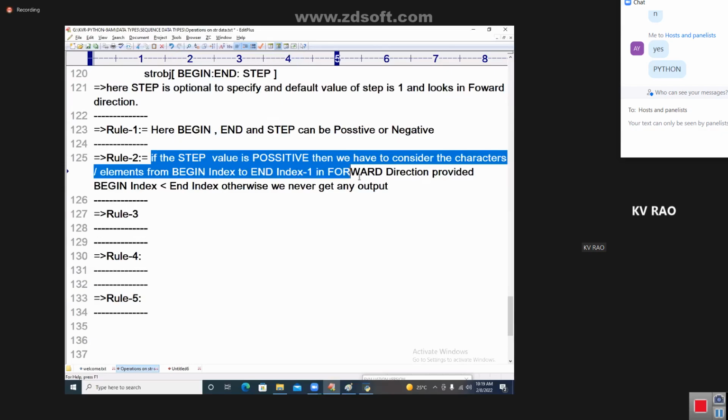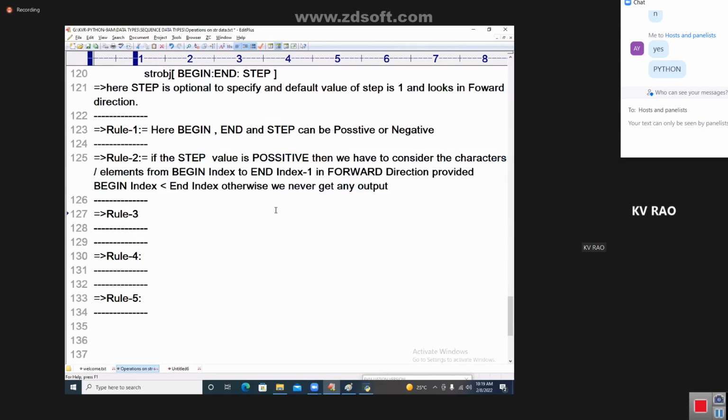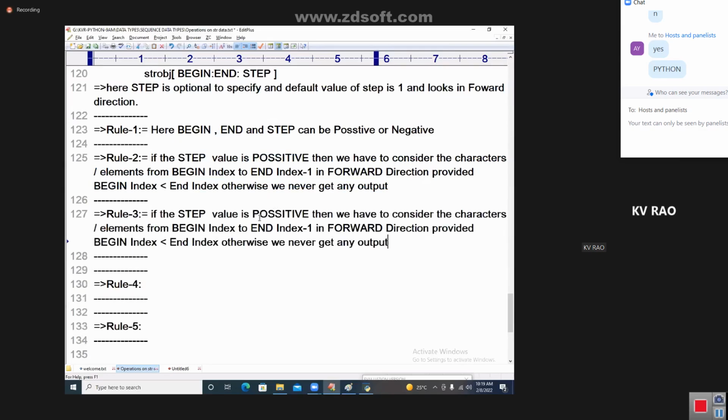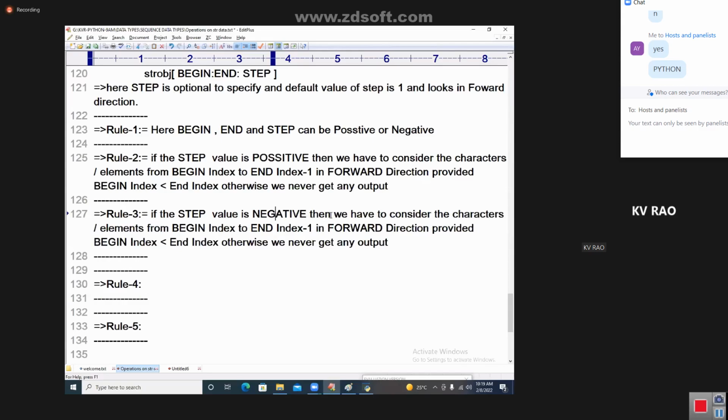If the step value is a negative, what is happening? I will paste this rule and move forward. If the step value is negative, that is a deep discussion of the subject, we have to consider the elements from begin index to end index +1, in backward direction,